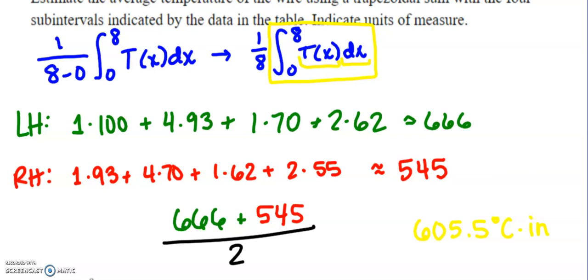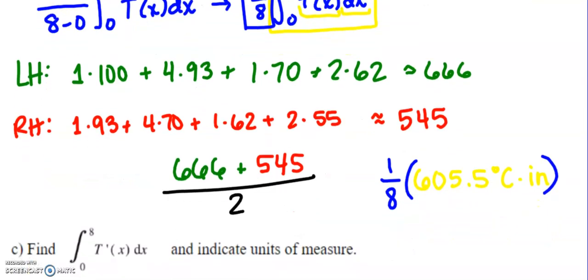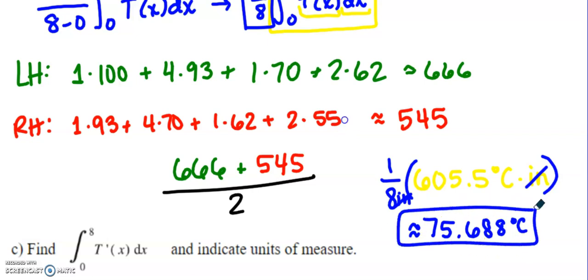Oh, I forgot to multiply by this 1/8, right? We don't want to forget that that's what we're actually finding is 1/8 times all of this. So if I divide that guy by 8, the average temperature of the wire is going to be 75.688, and then because this would have been inches cancels out, and we're talking about degrees Celsius, which makes sense,